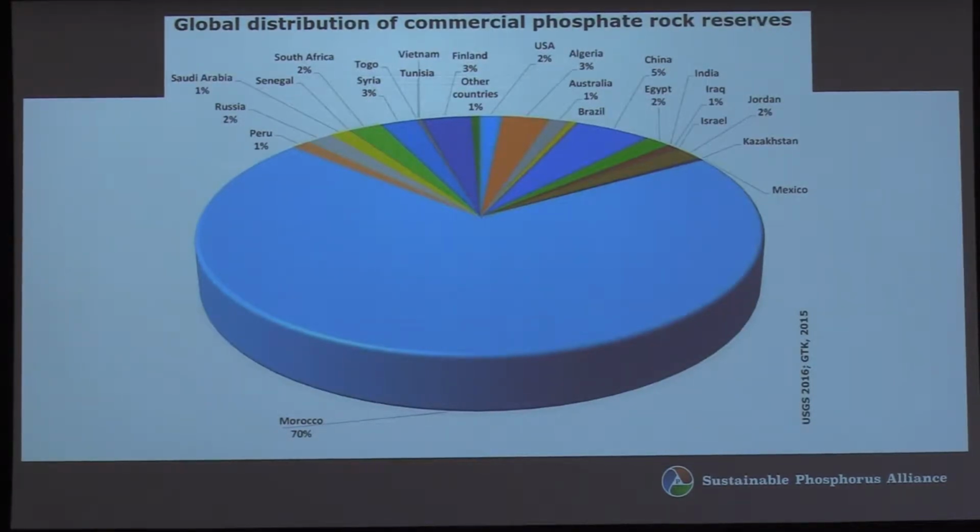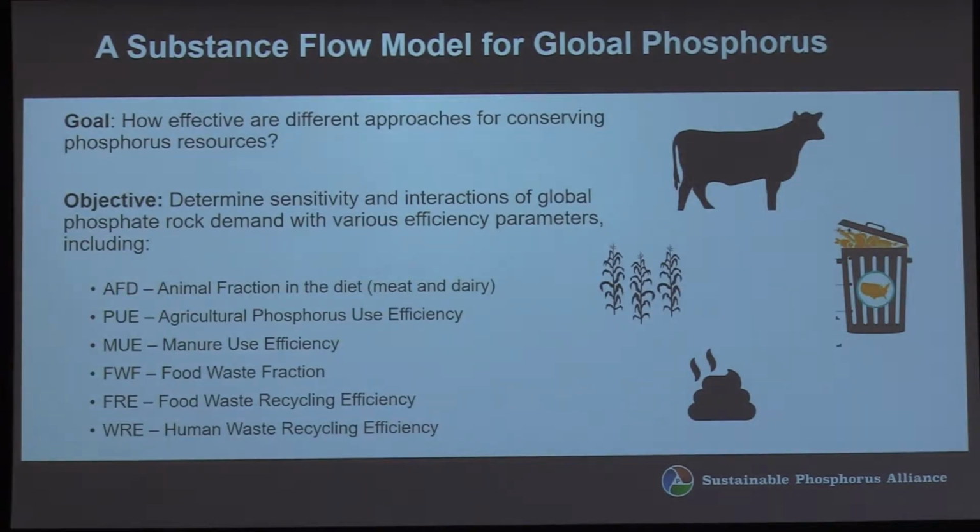That's a graphic of the reserve situation showing the dominance of Morocco and Western Sahara. So in this study, we are examining the flows of phosphorus mostly through the agricultural system, and we're looking at possible strategies to extend our use, to more efficiently use our phosphorus resources. And we look primarily at these 6 interventions that different individuals have proposed, which is